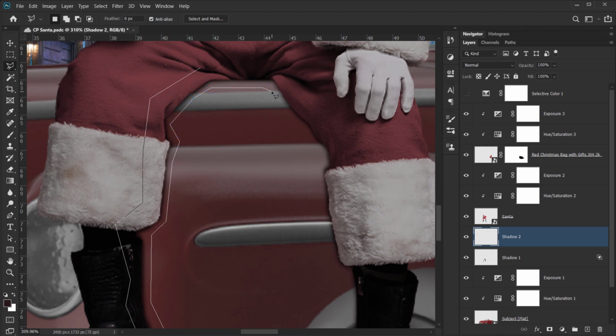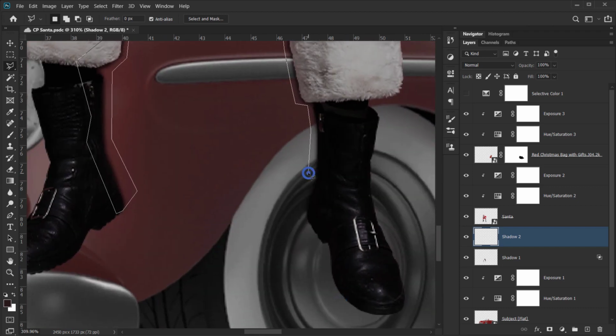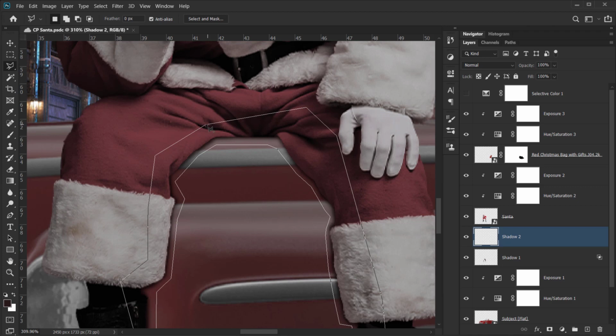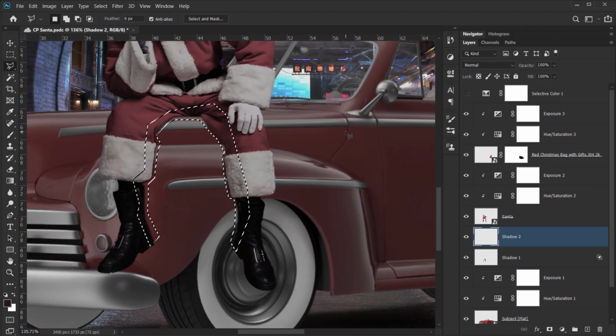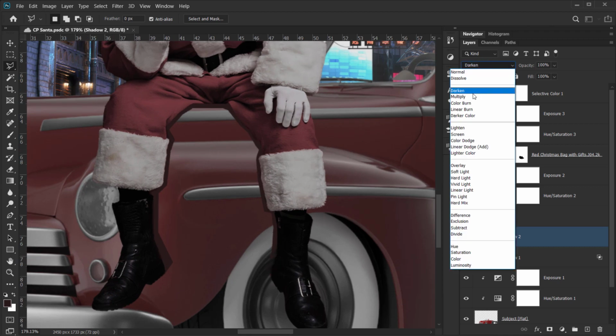And here, maybe just like this. And like this. Yeah. Alright, and I will close it, and then again I will fill it with the same color by pressing Alt Backspace or Option Backspace, and then Ctrl or Command D to deselect, and again change the blending mode to multiply,